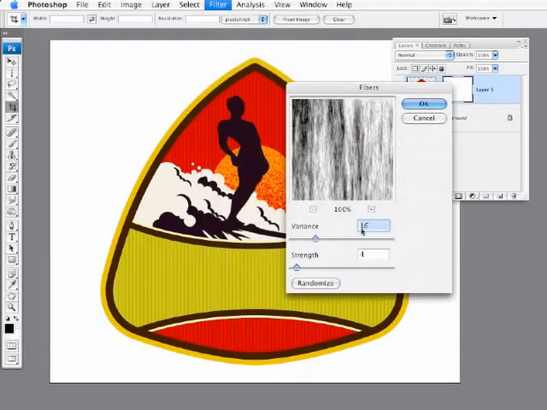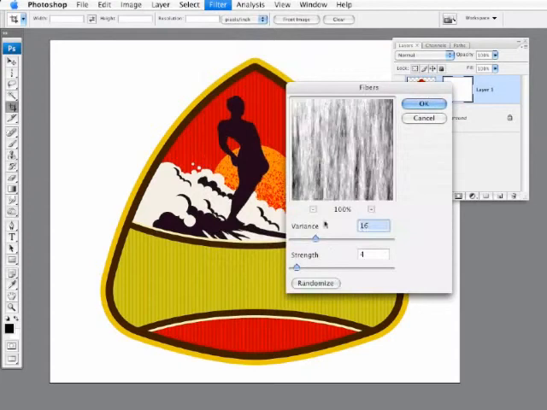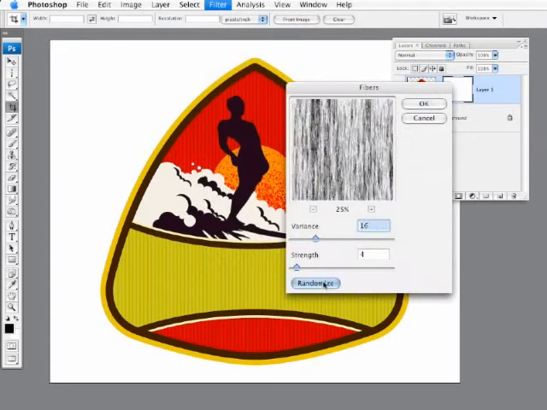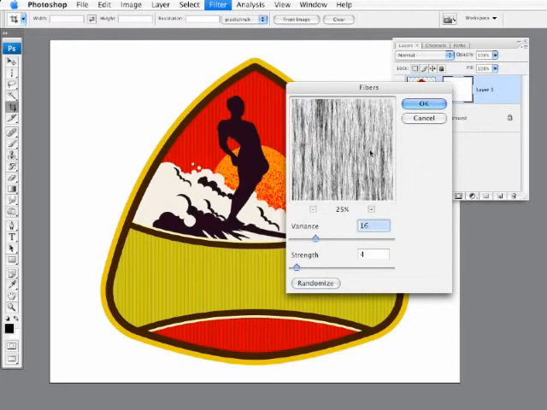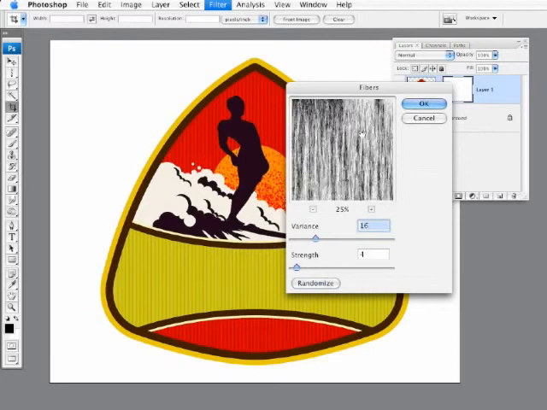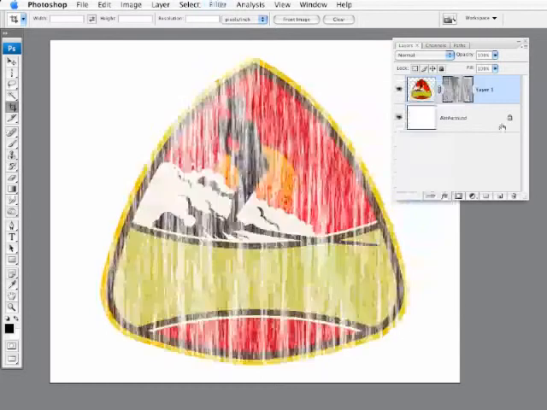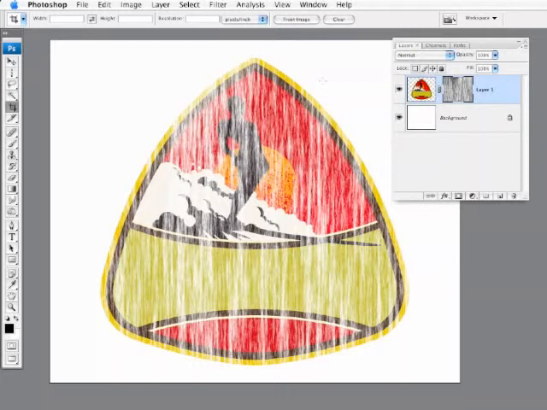I'm just going to leave it at the default 16:4, but I'm just going to click randomize a few times. Let's zoom out a little bit. Clicking randomize just redistributes the way the fibers is kind of configured in there. And once we get one, let's hit OK. And you can see it's going ahead and generating that effect to a degree, but gotta tweak it a little